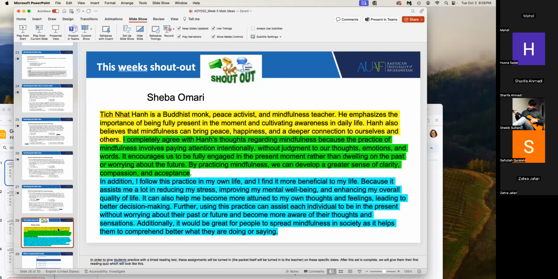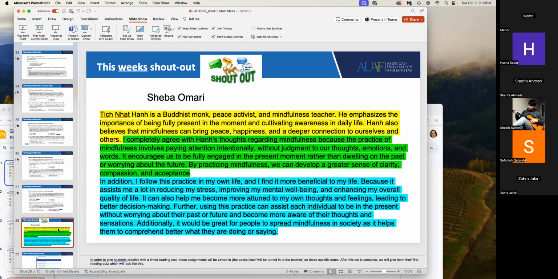In addition, I follow this practice in my own life and I find it beneficial because it assists me a lot in reducing my stress, improving my mental well-being, and enhancing my overall quality of life. It can help me become more attuned to my own thoughts and feelings, leading to better decision making.